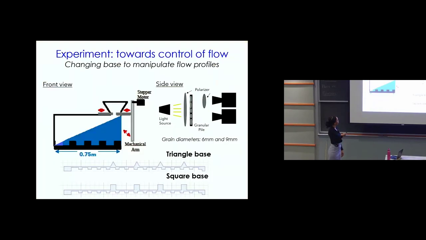Now let's move to another thing that we've done to understand a bit about the system's flow, and that was to try to change the base, to add texture to the base on which the pile is formed, and see how that influences the type of flow response that we get. So this schematic here represents the idea that we used. We replaced a smooth base on which the pile was formed with bases that have different textures by using acrylic sheets and laser cutting different designs. We've tried two designs so far, a triangular base and a square base. And our goal here was to understand how this base topography can influence the type of flow profiles that we observe.